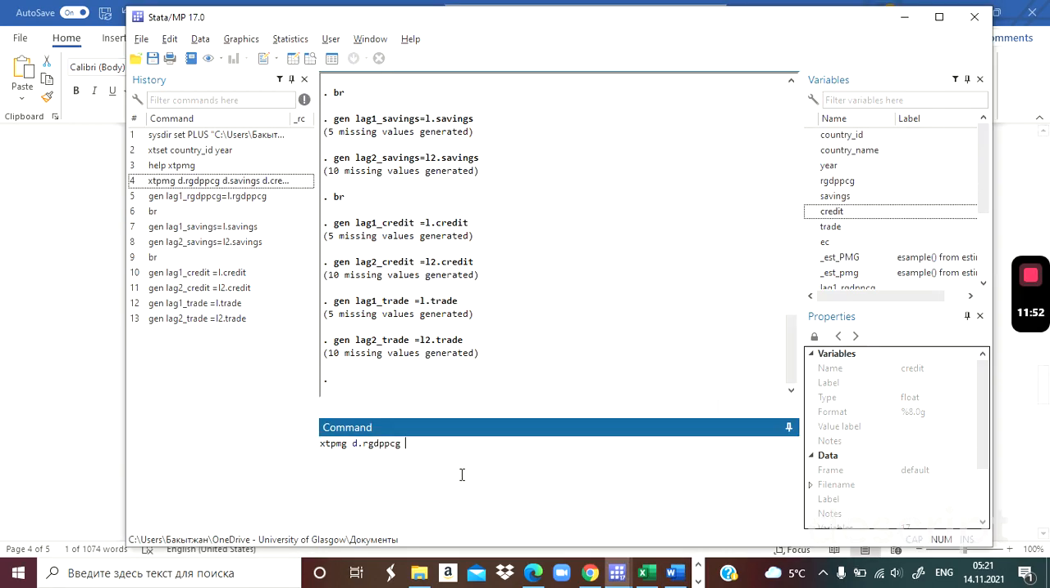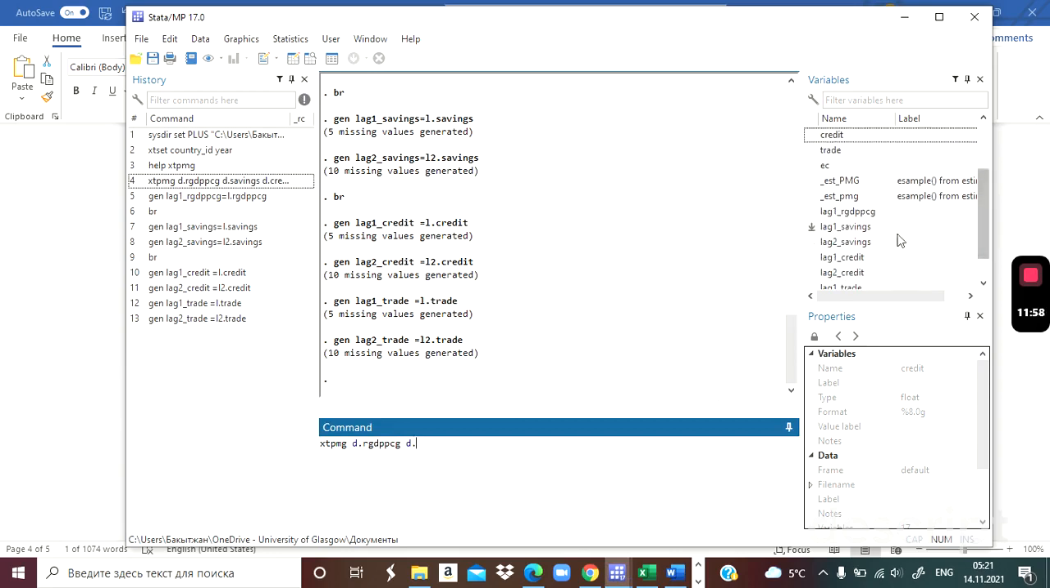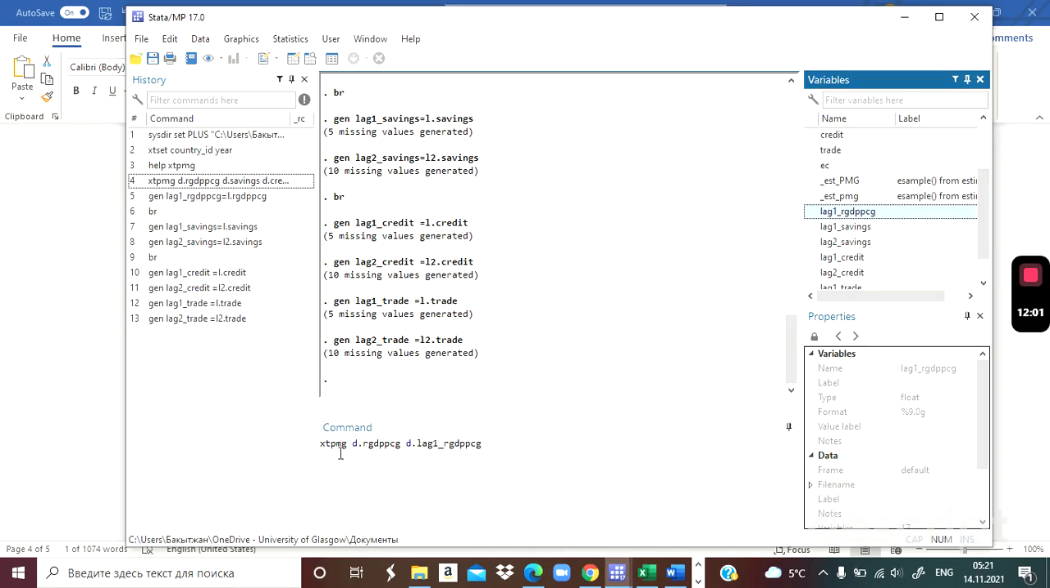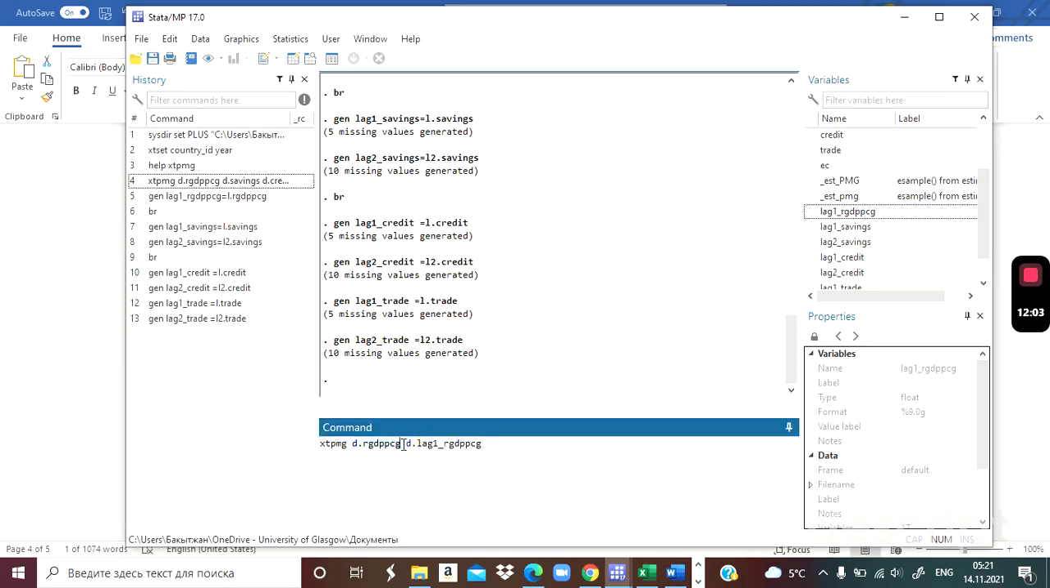How do we do it? D dot real GDP, but lag 1. So this is lag 1, this is lag 2, because first difference minus lag 1. So first difference of lag 1. Then